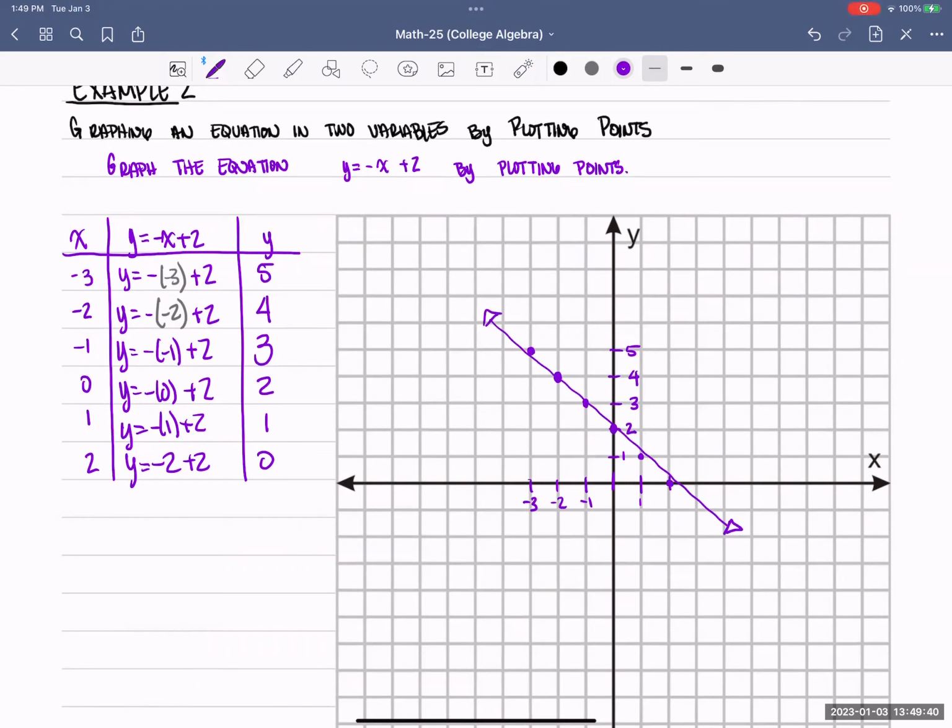And that's it. So step one, create the column. Step two, find your inputs. Step three, find your outputs, graph, and put a line through everything. And that's how you graph an equation in two variables by